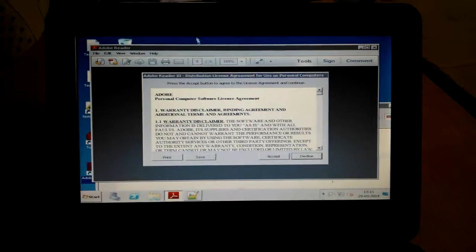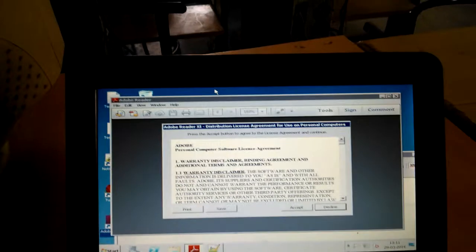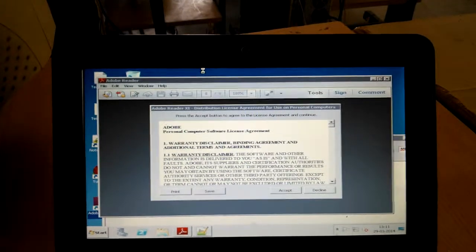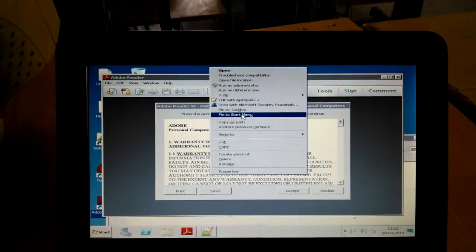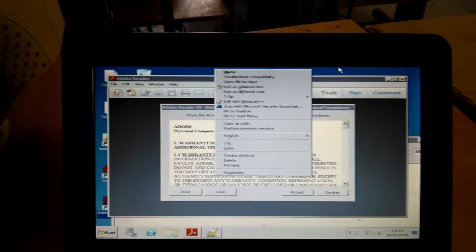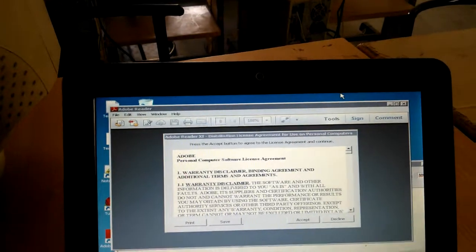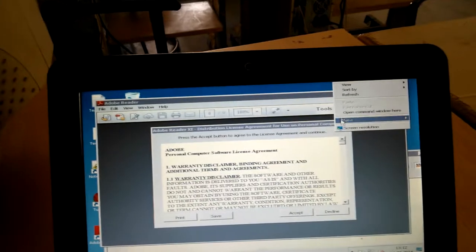It's a simple hello world program. Let's open it up. We'll open a command window here. Let's compile the file.